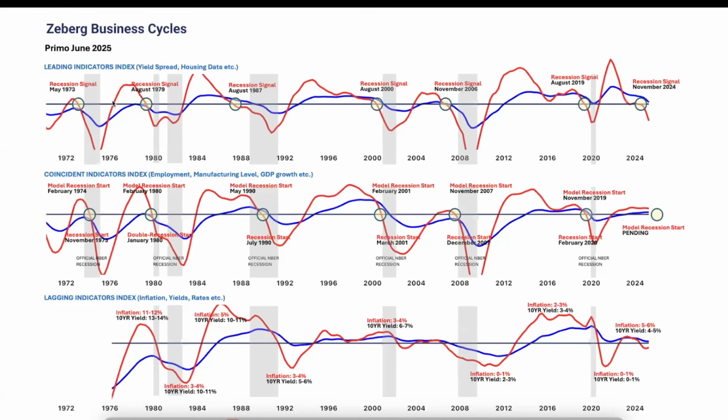This is not for timing the market, but it tells us that the ship has turned, and we are now seeing developments that will become stronger and stronger, and there's unfortunately no turning back. Every time we see that crossover, it's followed by a crossover in the real economy, which means the economy falls into a recession. The gray areas are the recession periods that we have had. So when we see a crossover here, we get a crossover here, and you can simply follow it all along. Even Corona was something that it picked up.